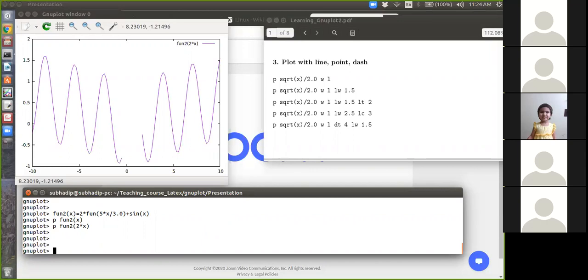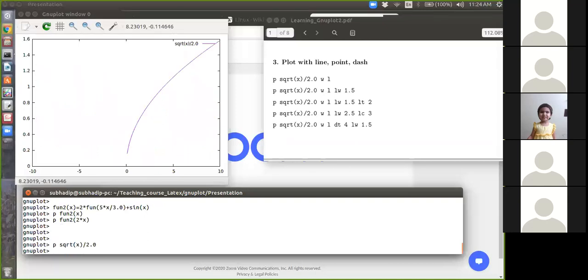Now if you want to change that, you need to give a command. So say plot this function, say sqrt of x by 2.0. This is fine. Now with line, it will not change anything because by default it is already with line.